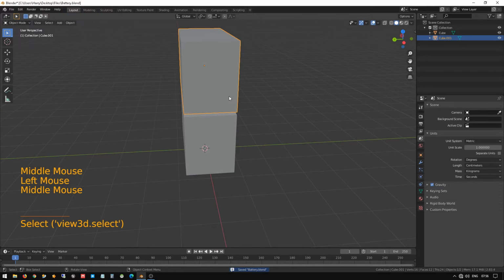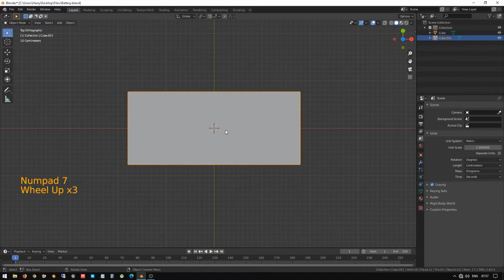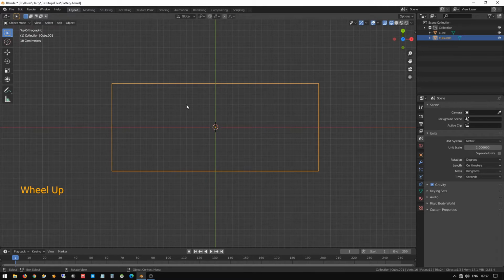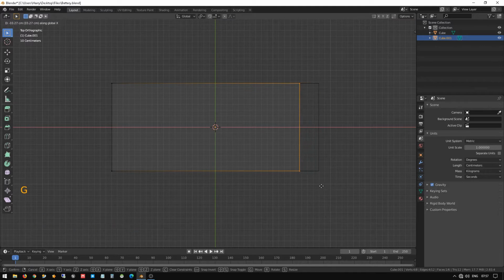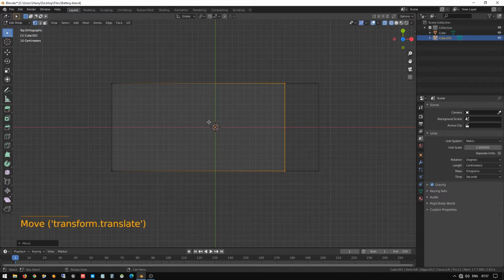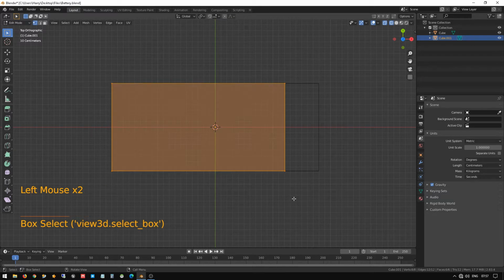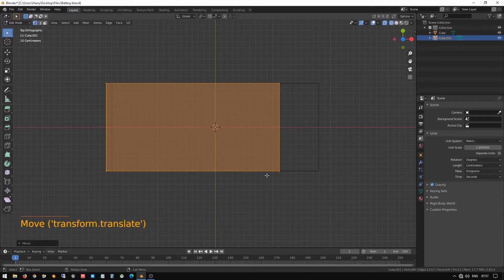Okay, after applying this shape, we are going to make a different design for the corner curve edges. I will guide you on how to do that. Press 7 on the numeric pad, press Z and go to wireframe mode, then go to object mode, select the battery and press G X to move it a little bit further. After that you can select all the vertices and move them a little bit further.